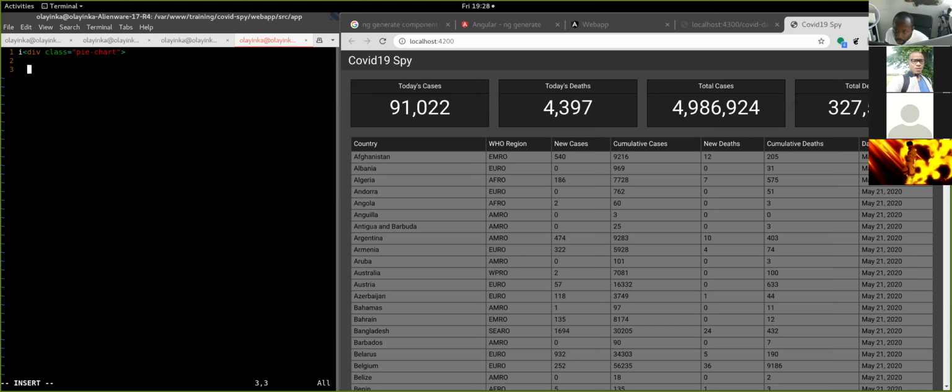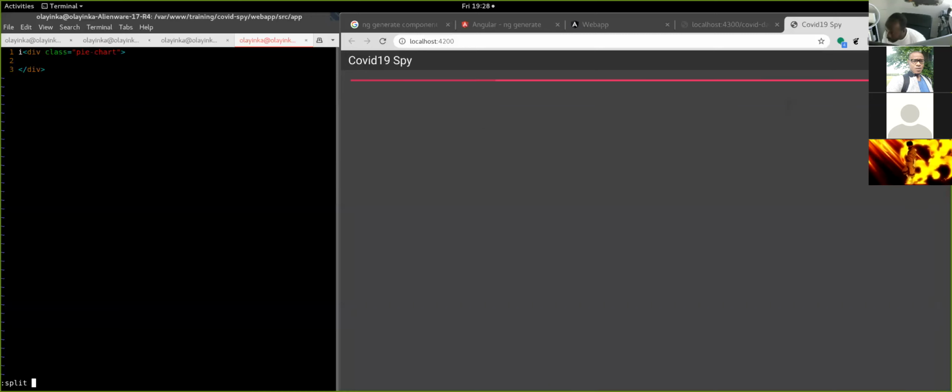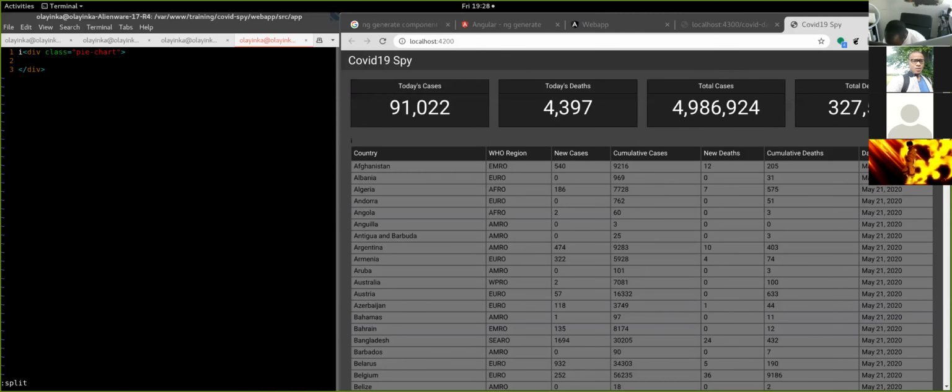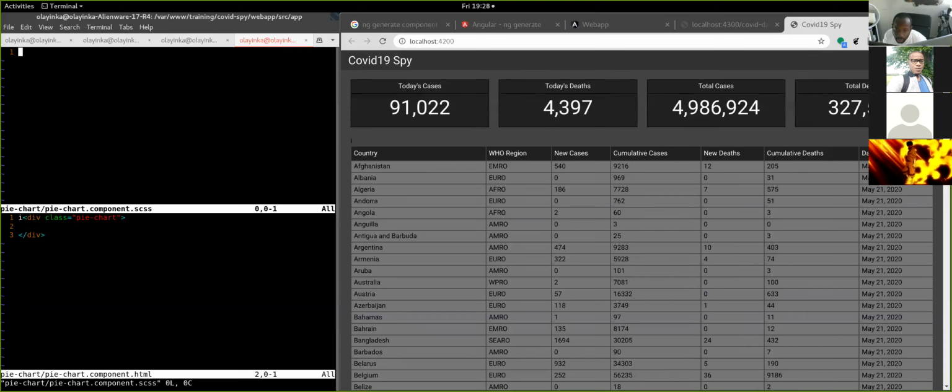Chart. And let's edit the CSS for it as well. Okay. Div.pie-chart. So this div,